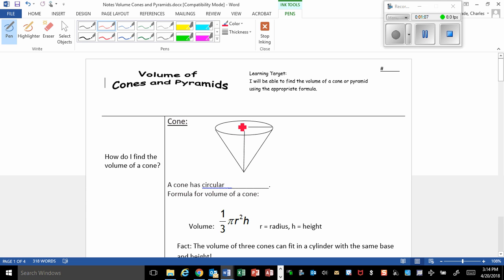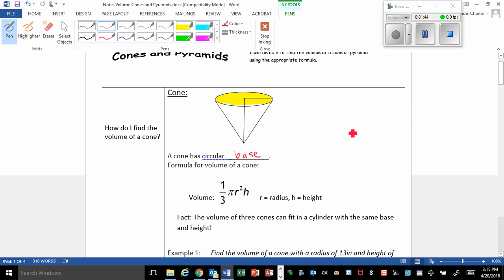The cones and pyramids, another place that they differ is the number of bases. As you can see here, cones have just one base, as do pyramids, and it comes to an apex there at the top, a vertex. So we're going to figure out the base, but then it comes into play in the formula a little bit. So we said a cone has a circular base, and then we have the formula. The formula sheet has for your cone